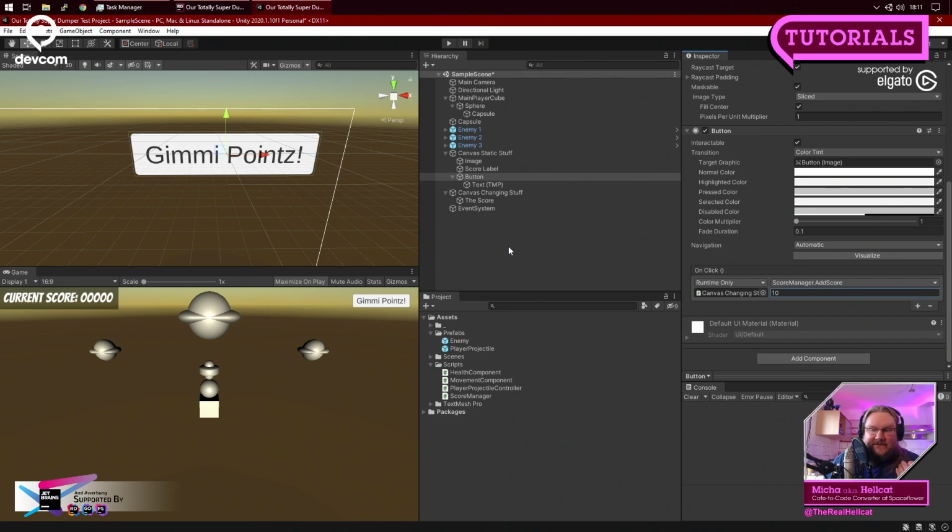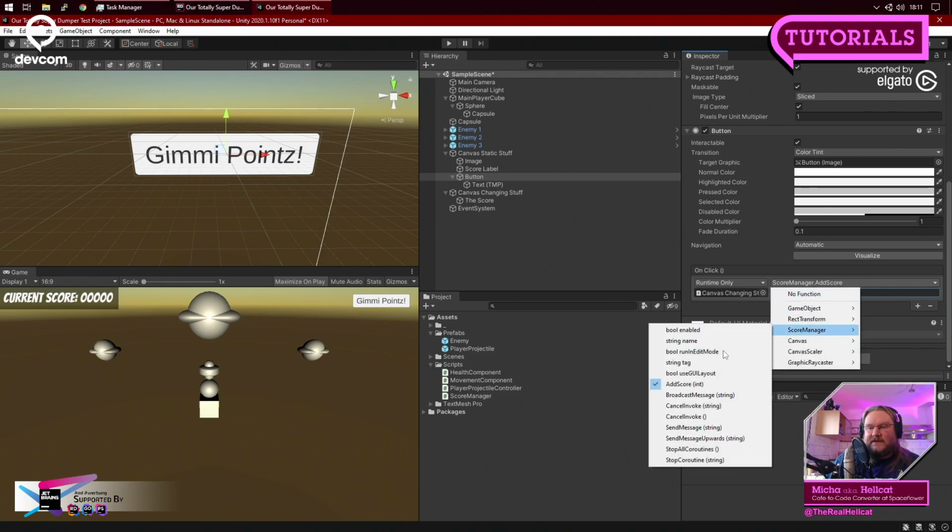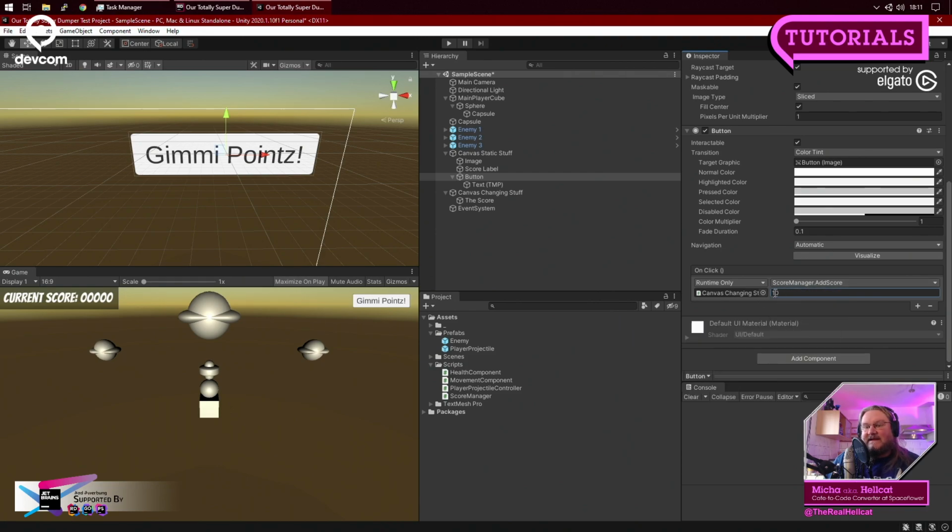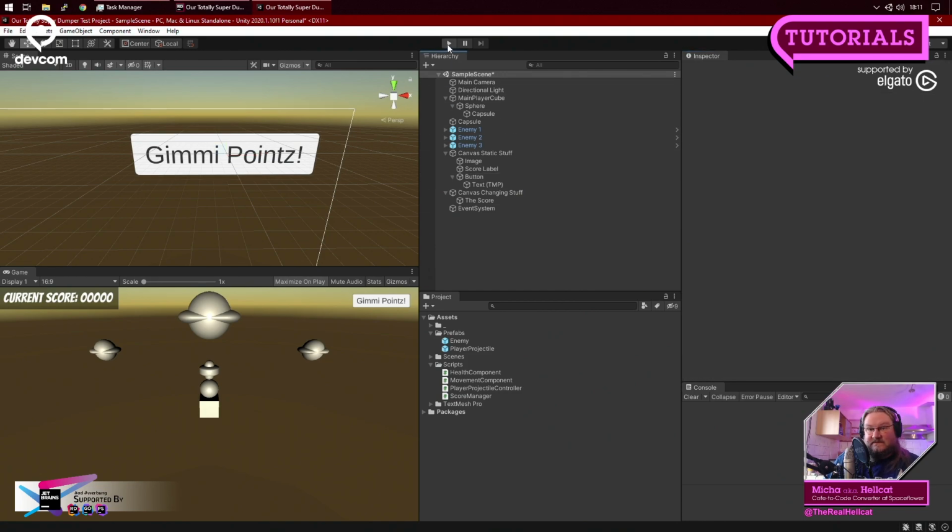So if you have anything you want to call from your button, have it in a public method of a component, slap it onto a game object, drag the reference in here, select your component, select your method, give it all the parameters it wants to have passed, and that's it. This should already work. So if we start this,